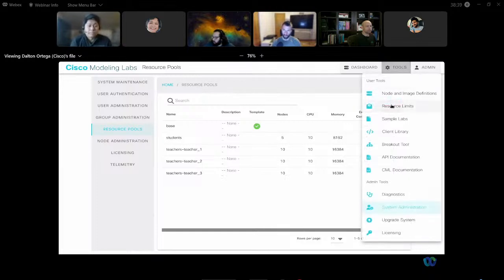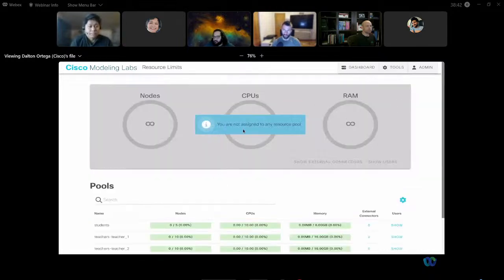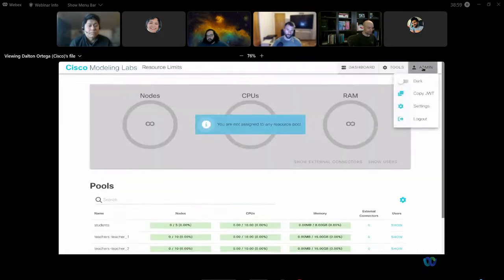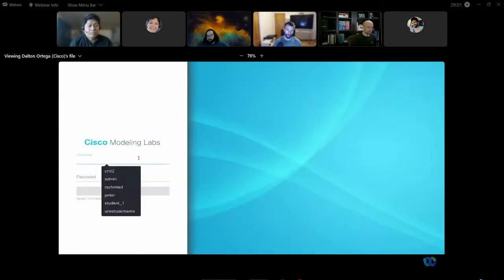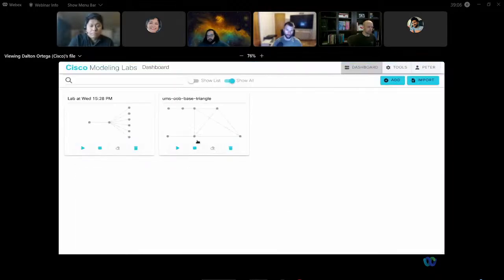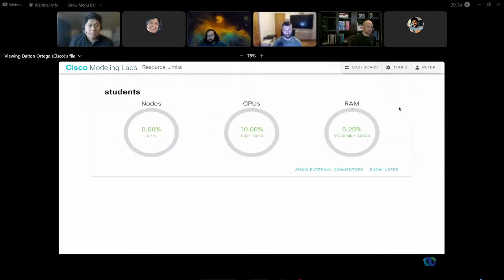Let's just briefly go back to resource limits here, and we can see as an admin, I have not been assigned to any resource pool, but I can see the pools that have been defined and how much use is within those pools if users actually use the system. Right now, nothing is being used. Let's change this. Let's log out and log in as Peter. And Peter has 2 labs defined, and I start both of those, and let's see what happens within the resource